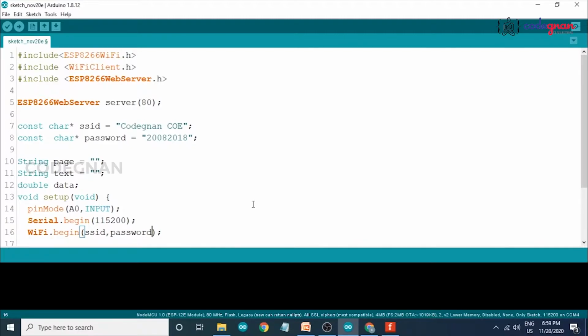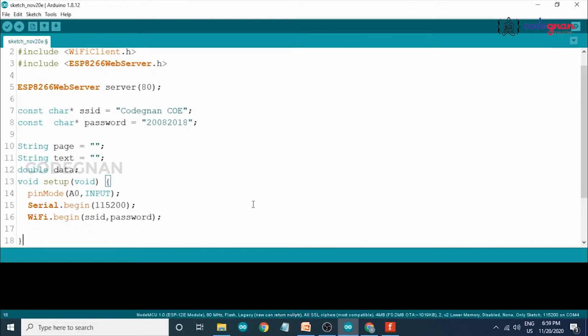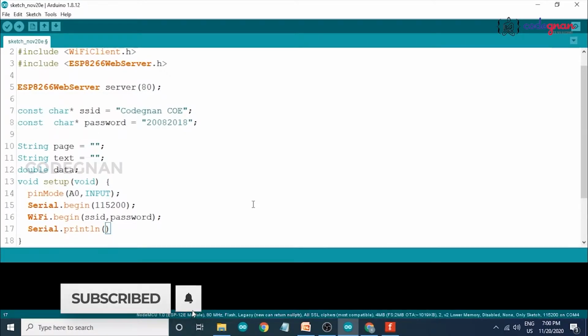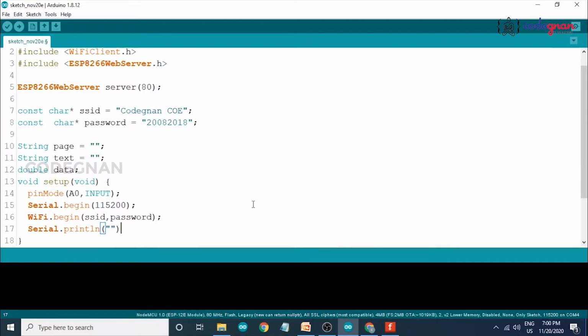So I am giving my Wi-Fi credentials to the Wi-Fi library. Now we have to print some space, so that we can easily find the connection of our Wi-Fi to our NodeMCU.